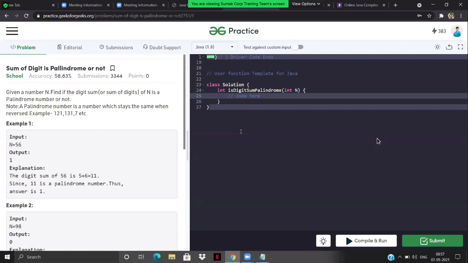How should we exactly proceed for it? Maybe an initial start. Okay, let's forget about finding whether it's a palindrome or not. Modulo 10 should be used and assigned to a variable, and add them and check for the palindrome. Okay, good. Correct. It's an easy question. That's all you have to do, right?